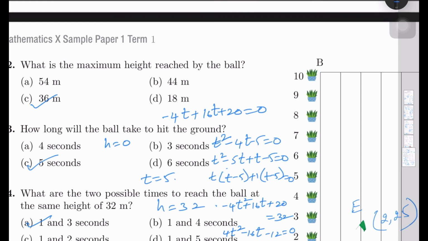So having t minus 5 is equal to 0, t plus 1 is equal to 0. T is equal to minus 1 cannot happen. So therefore time is negative seconds, it cannot happen. So therefore t is positive means you will have it as equal to 5. Therefore it is 5 seconds. How long will the ball take to hit the ground means after 5 seconds it will hit the ground.